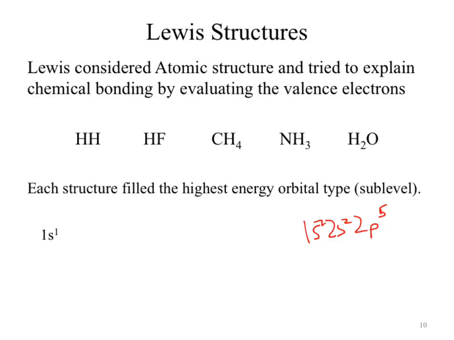What he ended up noting was that if we look at these configurations, what happens if I add an extra electron to fluorine's electron configuration? I fill it, right? Okay, I fill what energy level? Energy level 2. I didn't ask what orbital type. How many electrons fit into that second energy level? Maximum into the second energy level, we get 8 electrons.